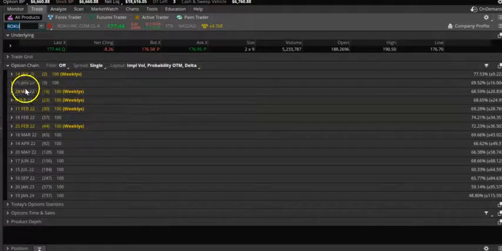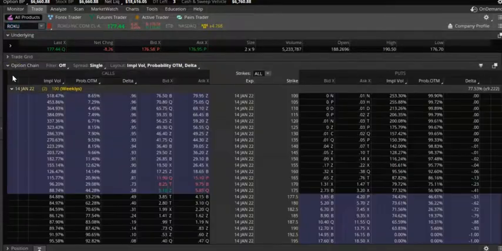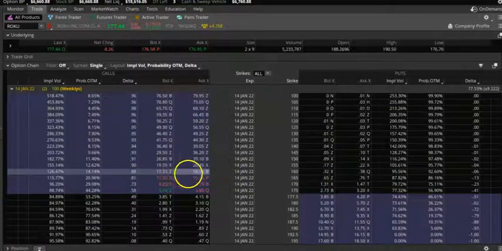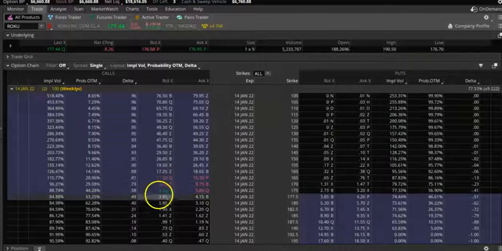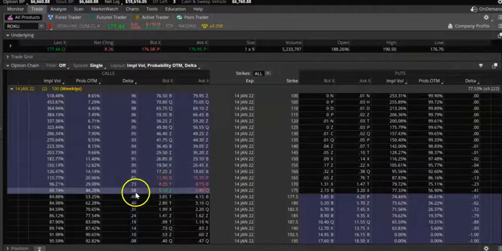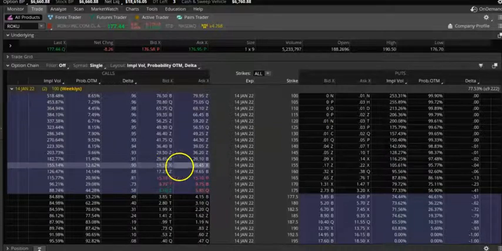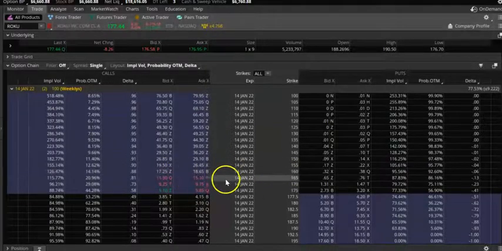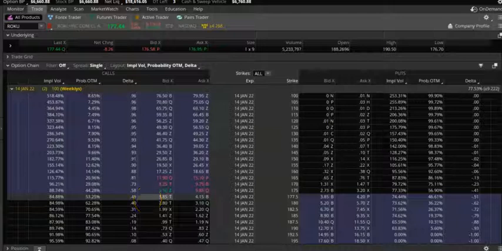The second thing you also want to look at is the bid ask spread. You can see here this spread is very wide, so you don't want to be trading in this stock. Today I was right on the direction. The stock was going the way I wanted and I was making money. But the problem is, if you want to close the trade, you will not be able to close it if there is no liquidity.